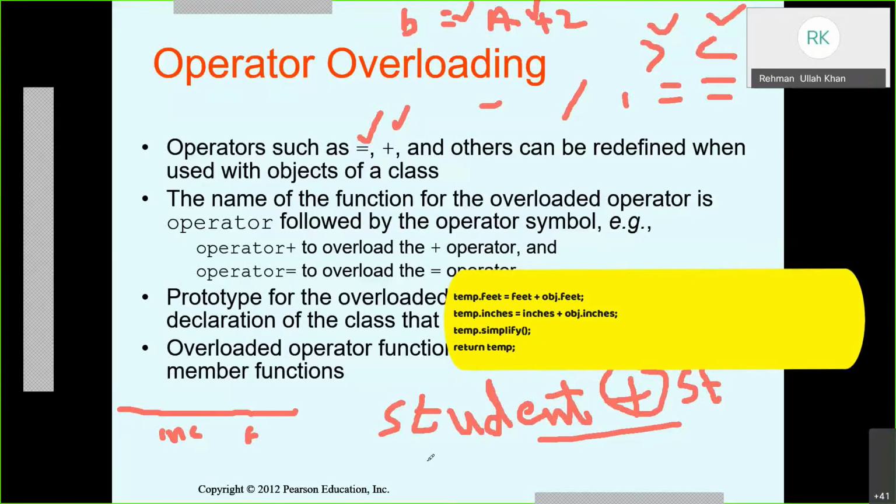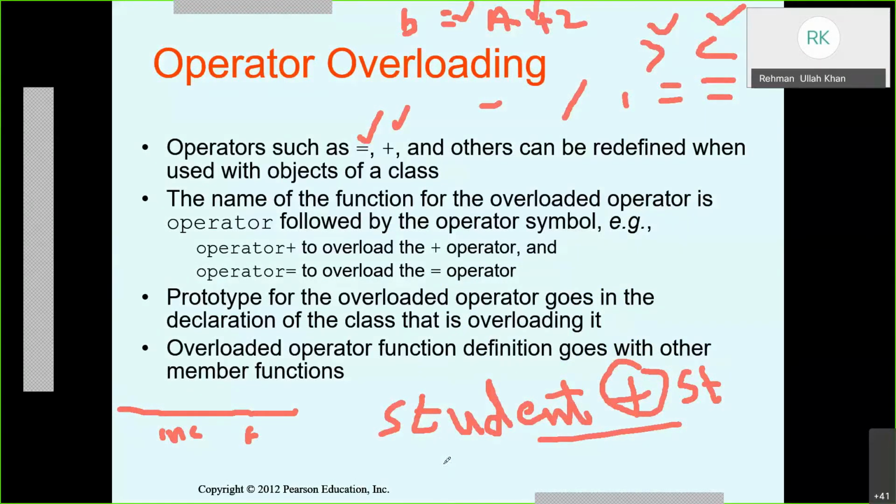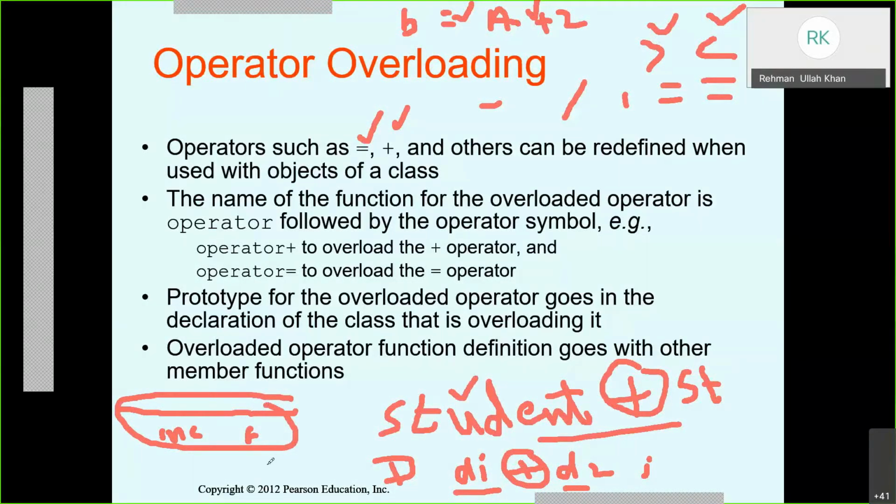So if you apply plus, minus, or multiplication operations on a distance object, let's suppose this is a distance class, and d1 is an object of that, and d2 is another object of the same class. At that time, the compiler cannot use this plus operator to add the distances for you, because this plus can only add float or integer numbers. It cannot add the new data type. The plus doesn't know anything about distance, student, item, or books.